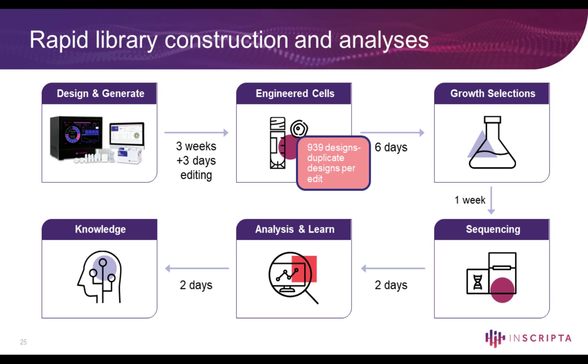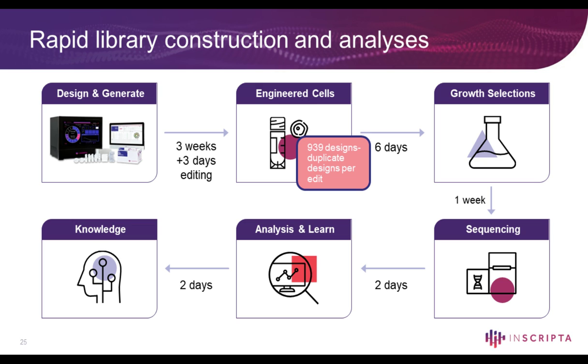And the next step, I just want to show you how simplified the process is to identify the targets. It took us about a month to get to the library, where 3 weeks of that is getting the reagents to the platform, and making the library takes about 2 to 3 days. And once you get the library, what we did was run 3 biological replicates as pooled serial growth selections, and that was a week. So within a span of a month, we were able to go from making the library, running the phenotype, and